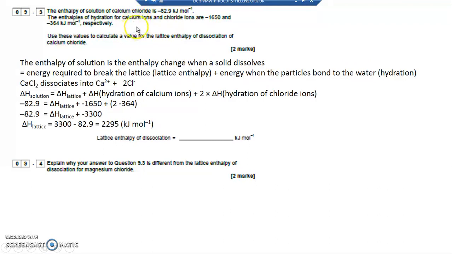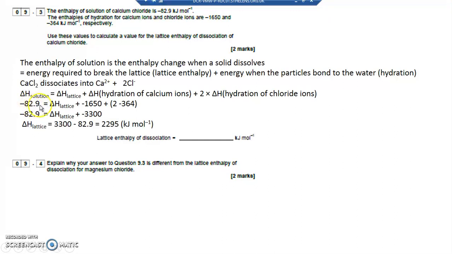Now calcium chloride is CaCl2. You know that because calcium's in group 2 and forms Ca2+ ions. Chloride is in group 7, forms Cl- ions. So calcium chloride is Ca2+ Cl-, but you need 2 Cl- to balance out the Ca2+, so it's CaCl2. So I've got 2 lots of chloride ions, 1 lot of calcium ions. So I've got